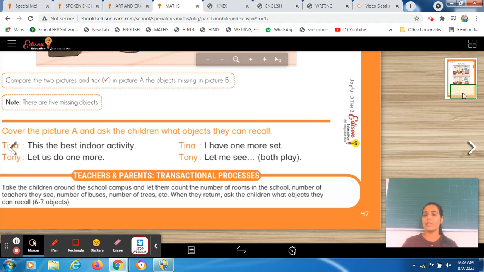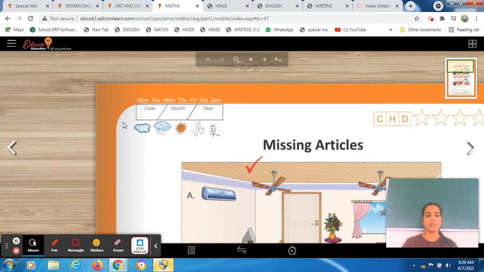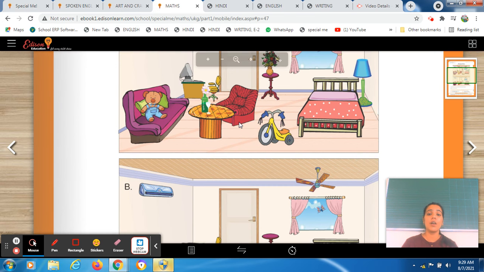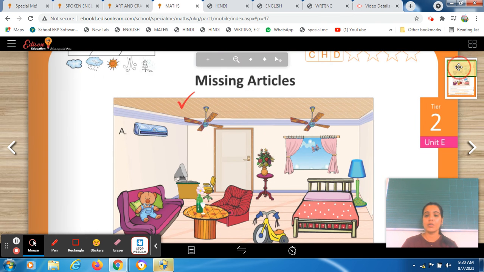So students, before starting this worksheet, you all have to write the date on top. Also circle the date today and whatever the weather is today, you all have to circle the clip art. Okay, once you are done with this, then we will find our missing articles. So please be ready, hurry up, then we will start. So this is my favorite thing to do. I used to do this since my childhood. Students, you also like this activity. So I hope you are done with your part.